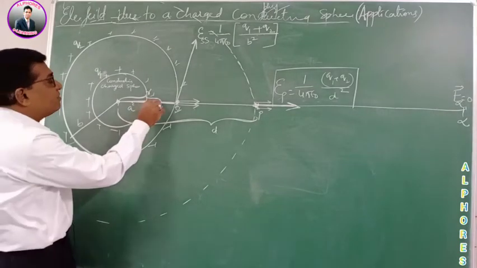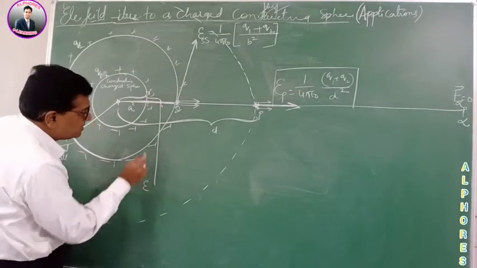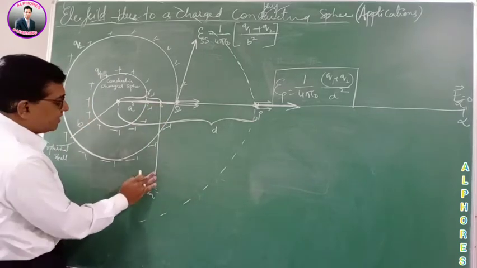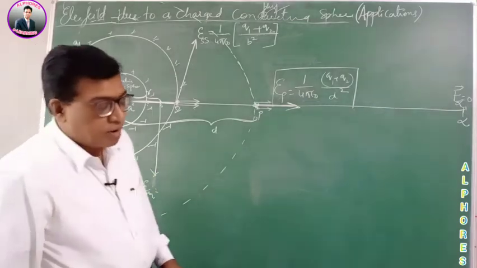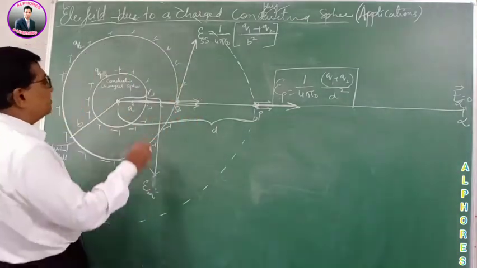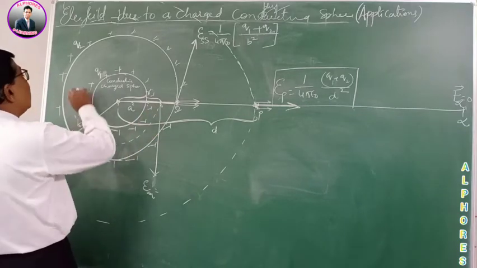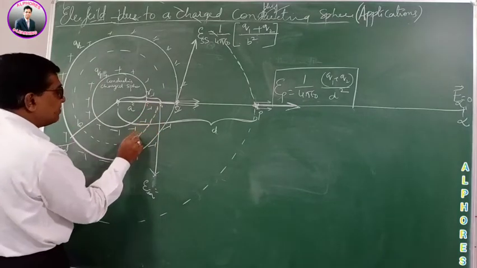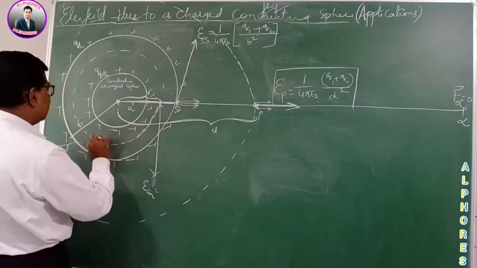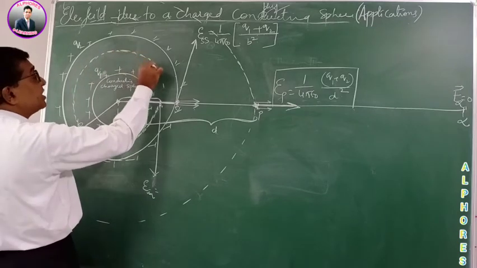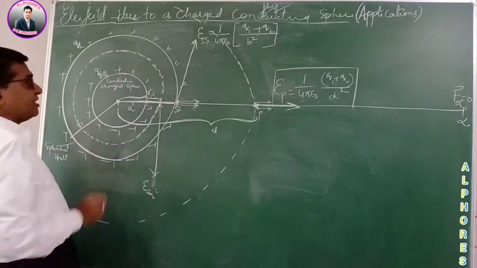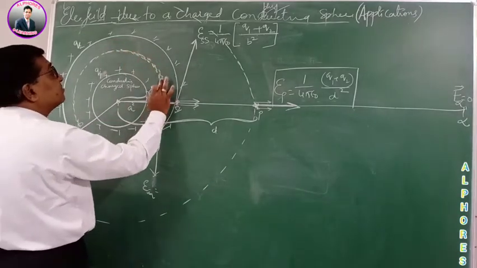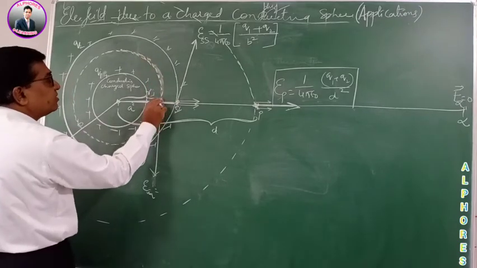I have to find the electric field at this point, at the inside point here. What is the electric field? Let's find the electric field. Now, when you apply Gauss law, imagine a Gaussian surface inside. Let me imagine a Gaussian surface like this. So this is the Gaussian surface at the inside point, a symmetrical Gaussian surface passing through that point.